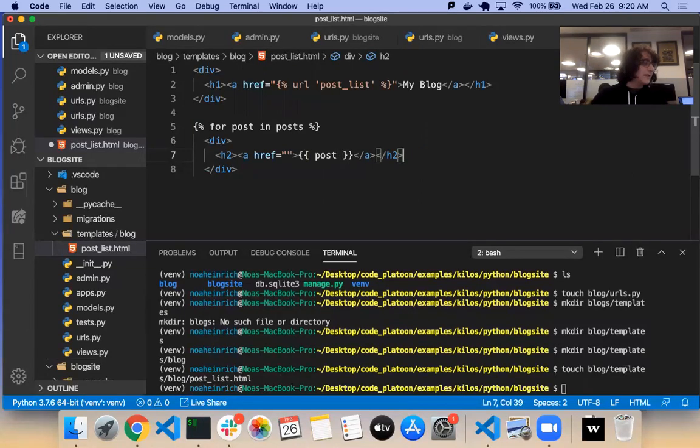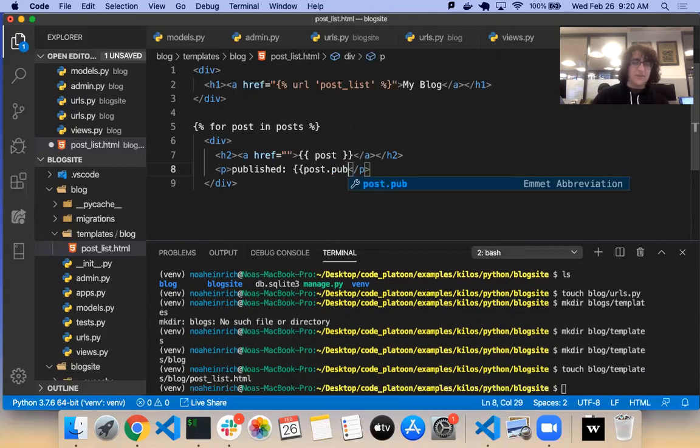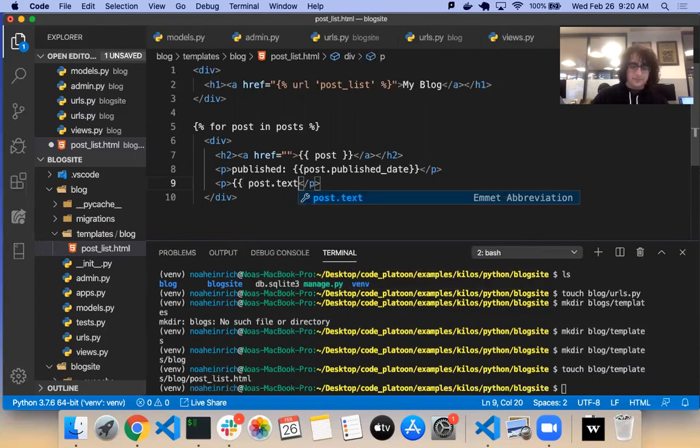So let's see what happens. Also going to put the publish date. So I'm going to say published post.published_date. And let's put all the content as well. Post.text. And we need to end the for loop by saying endfor.